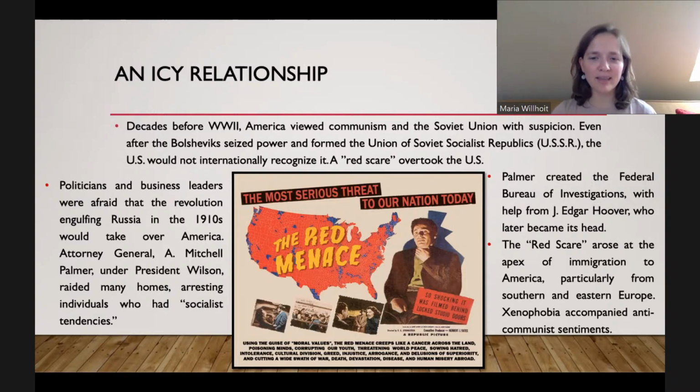But I like this image because it encapsulates the paranoia, the fears that a lot of Americans were starting to have with the growth of communism and with the birth of the Soviet Union. I think it's a little silly, but at the same time, I didn't live in America in the 1920s. So I don't think it's really fair for me to say how people should have thought during the 1920s. Me personally, I hope I wouldn't be as paranoid as they are, but people were. It's how they felt.